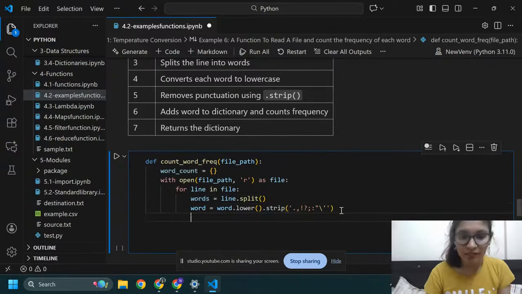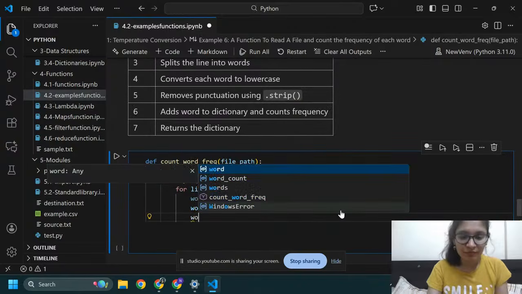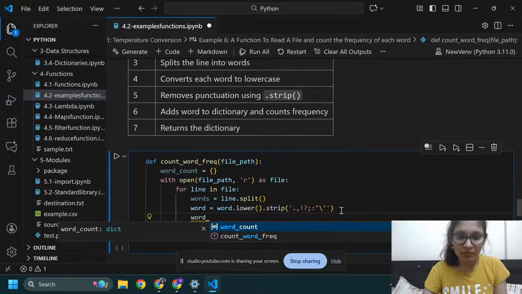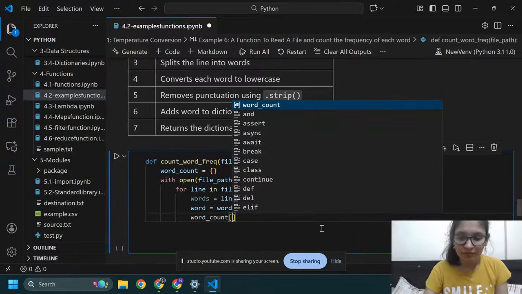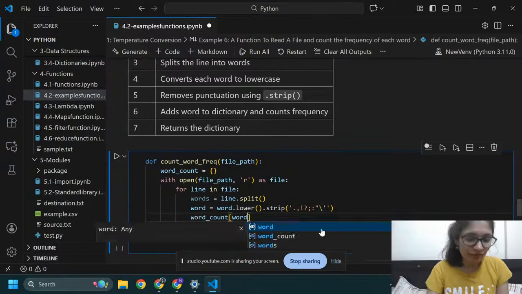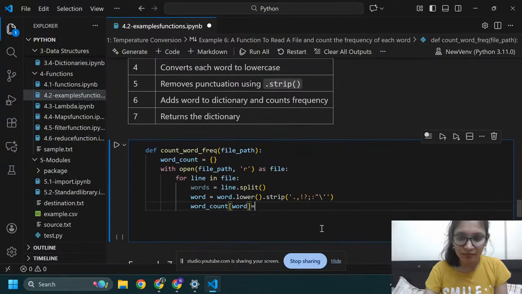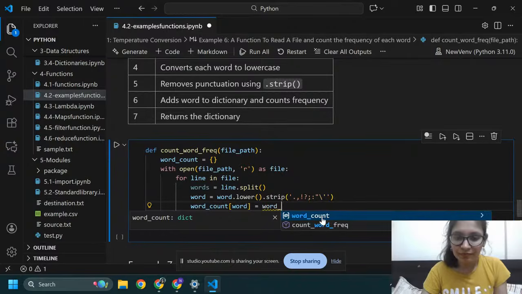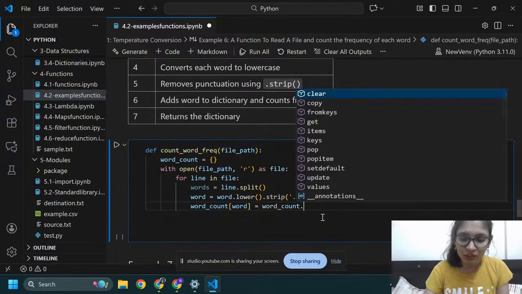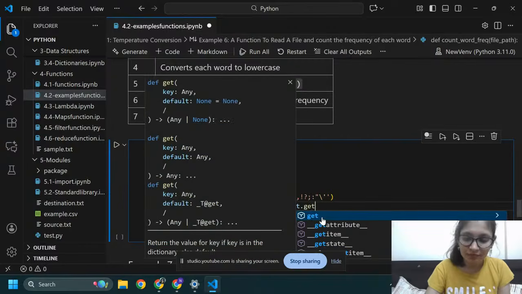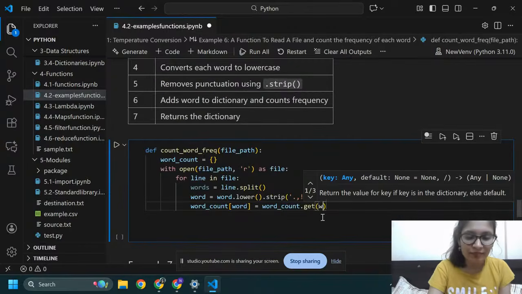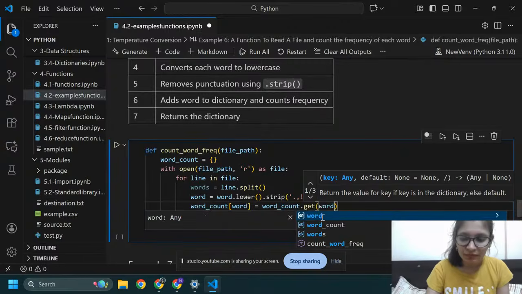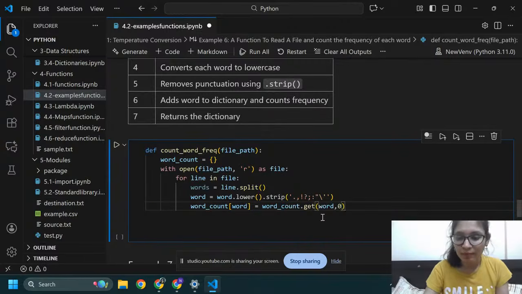So here, word_count[word] = word_count.get(word, 0) + 1.